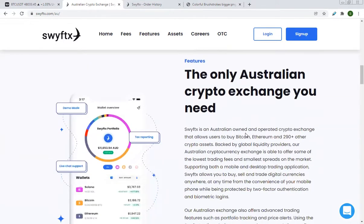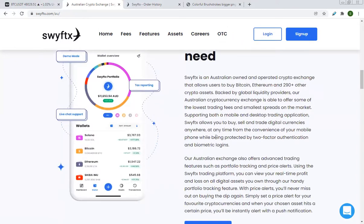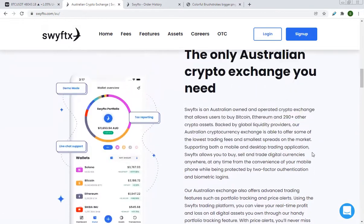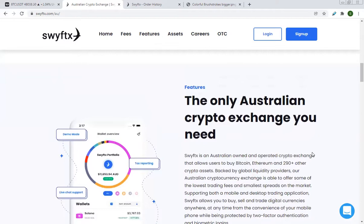Australian crypto exchange you need. It's the only one. As I explained, it really is the only one, especially if you're new into crypto. You can get access to their 310 tokens. If you wanted to get access to the other 13,000 tokens that are available in cryptocurrency today, then you would have to do something